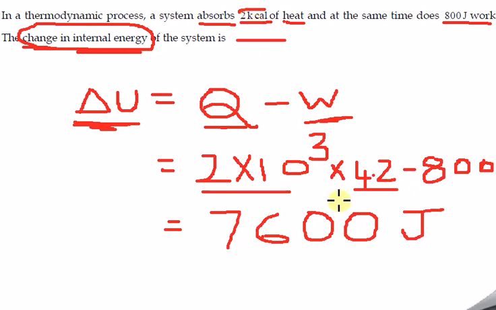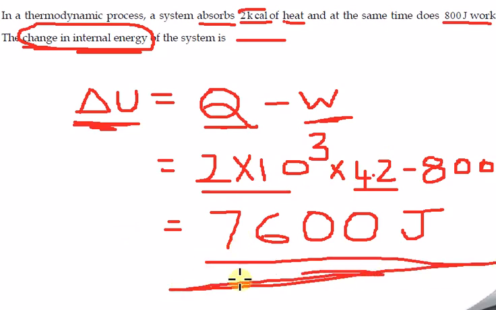So for 2 kilocalories I multiply by 4.2 and subtract 800, and this is all in terms of joules. If you calculate, it will be 7600 joules, which is the answer. This is how we have to calculate the internal energy of the system. This is very important, so please try this way to quickly solve questions related to this. Sometimes the negative sign convention may also be there in the options, so you have to take care. If you immediately substitute, in very little time you will get the answer.